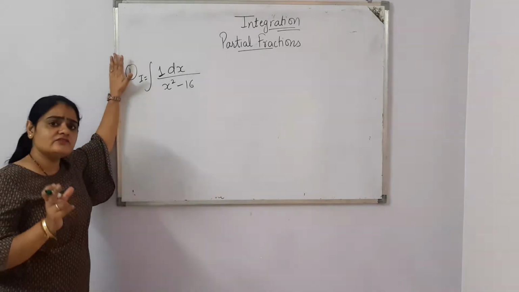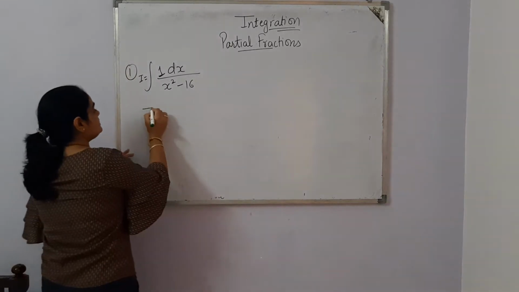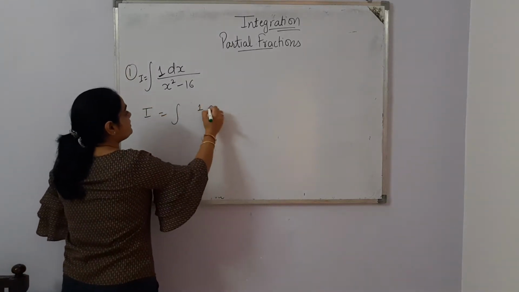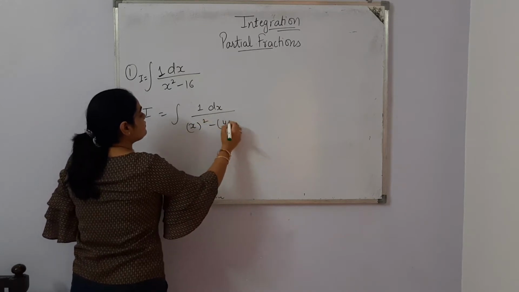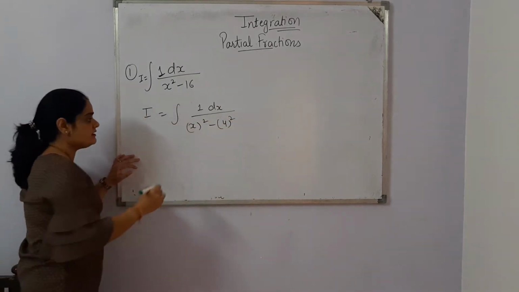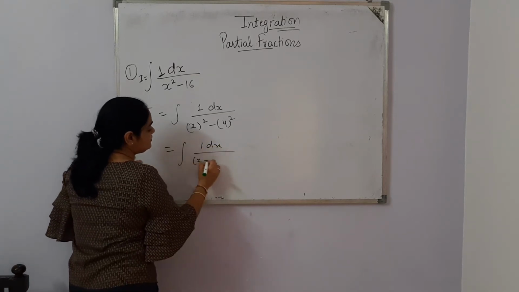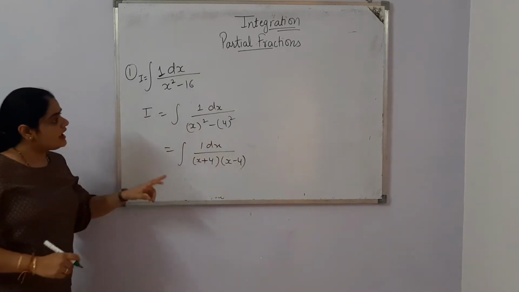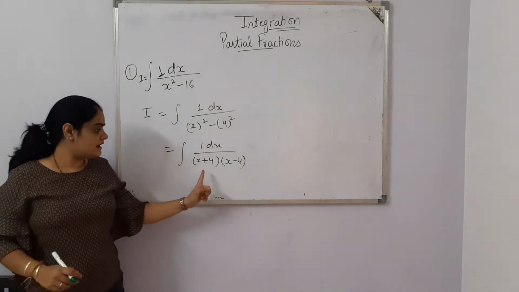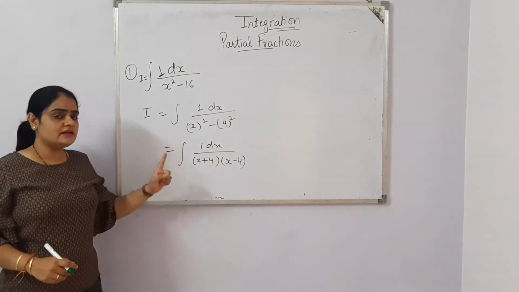For partial fractions we need to calculate the denominator's factors, and here it is already clear that one formula is applicable, which is x square minus 4 square. It is a square minus b square. We know that a square minus b square is a plus b times a minus b. Now we have two factors here, x plus 4 and x minus 4, and the second rule of partial fraction was that if we get